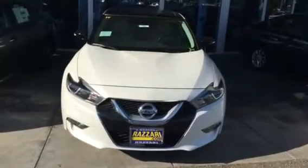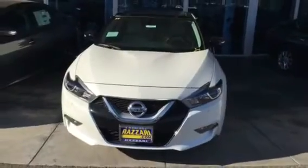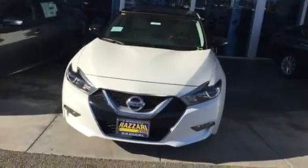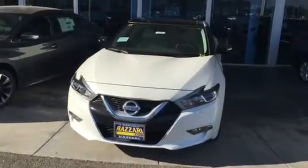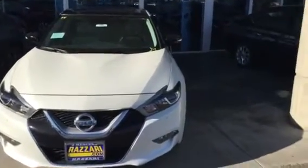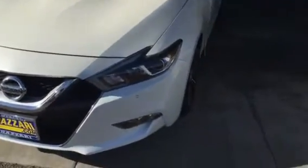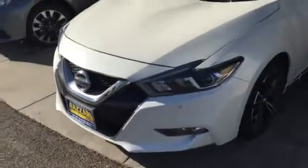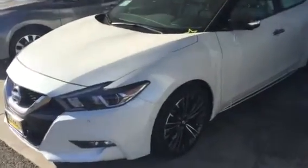Alright, this is the 2016 Nissan Maxima. One of the first things you'll notice is that they completely redesigned the front end. The old Maximas, they don't even have a 2015 model because they redesigned the entire thing. The old Maximas look kind of like the new Altimas. They redesigned these ones to look a little bit sportier, much sportier feel, sportier suspension, and a lot more horsepower